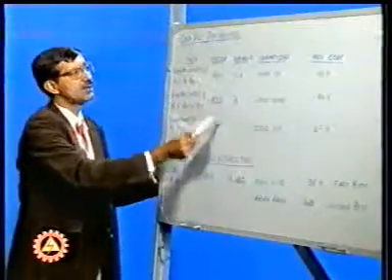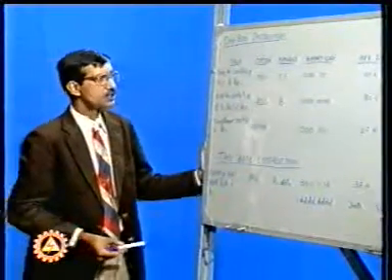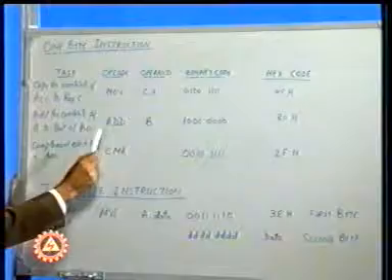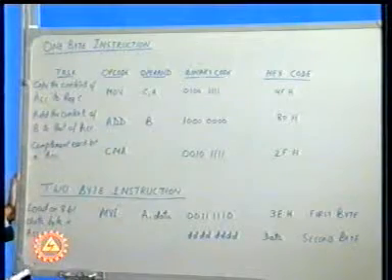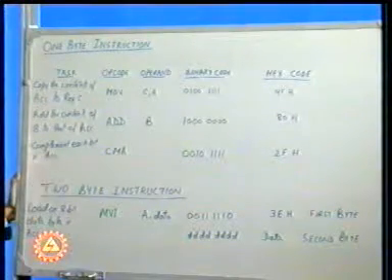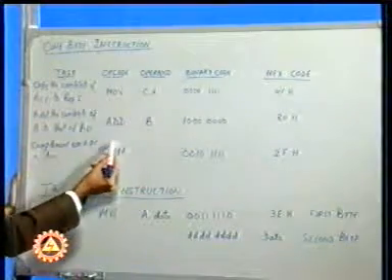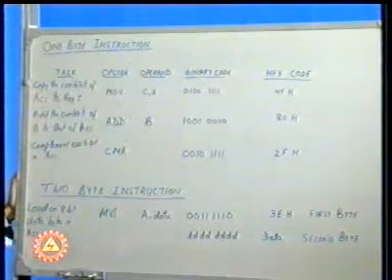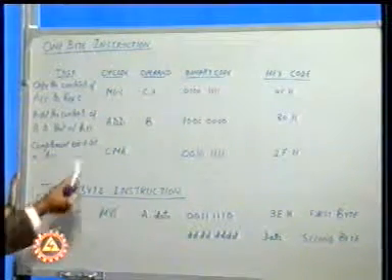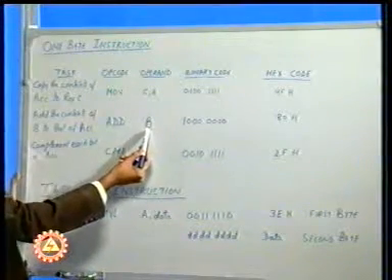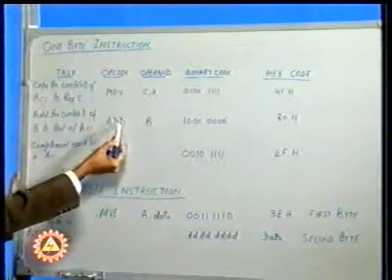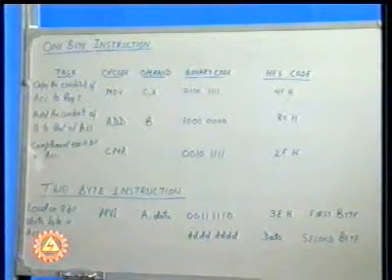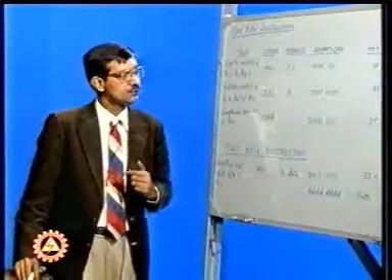Now, if you look at these three examples which are written here, you can see in the first case, there are two operands which have been specified. In the second case, only one operand has been specified. In the third case, no operand has been specified. Which means what? In this case, the operand is implicit. That means automatically this instruction assumes that the operand is accumulator. Whereas in this case, we have specified only one operand; the second operand is implicit. In this case, both the operands have been specified. Each one of these three instructions would require 1 byte in memory for the purpose of storage.